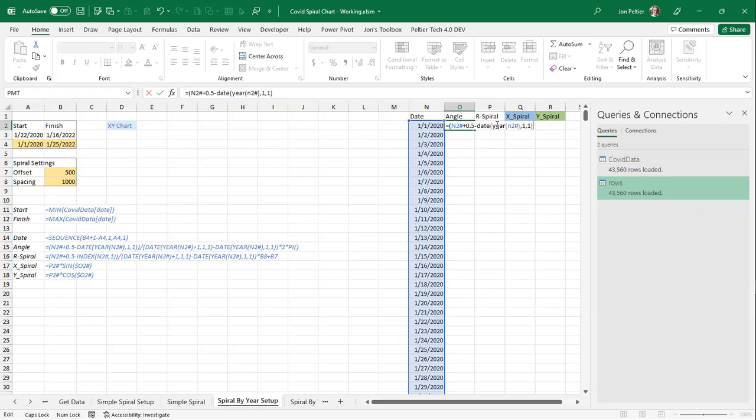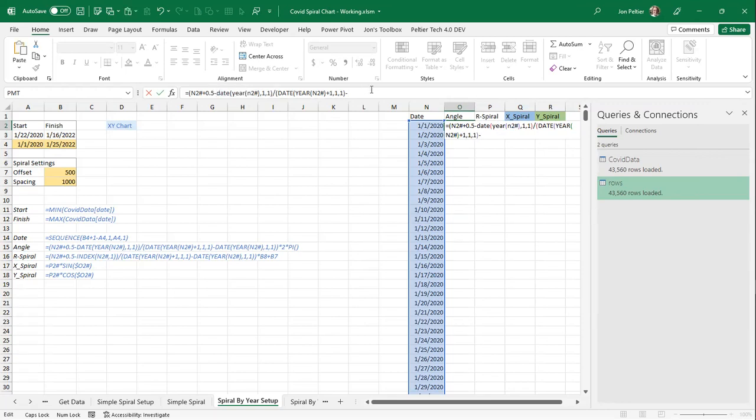So what it does is it says, I'm basically determining the fraction of the year from this date minus the first date of the year divided by the last date or the first date of next year minus the first date of this year. So it's going to be the date again of year N2 hash plus 1, comma 1, comma 1. So it's the next year, and then I'm just going to take this piece here,